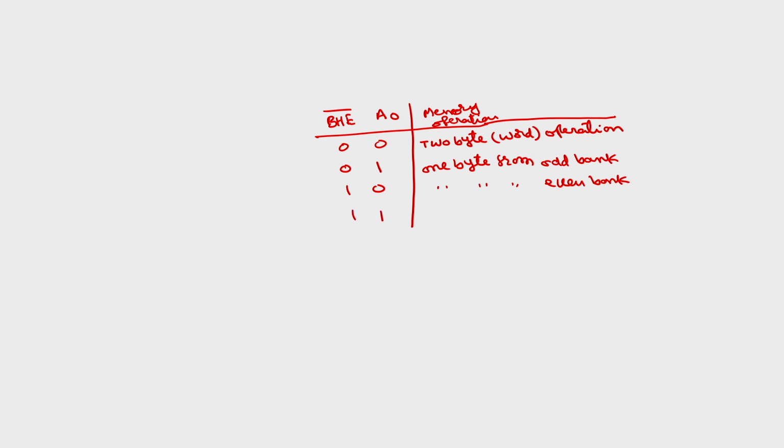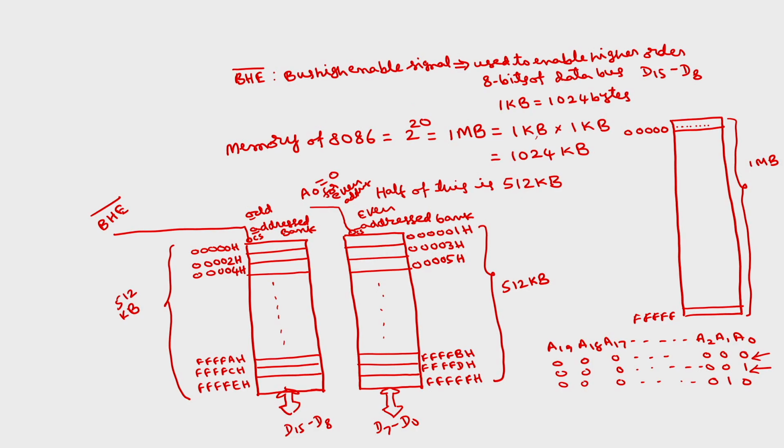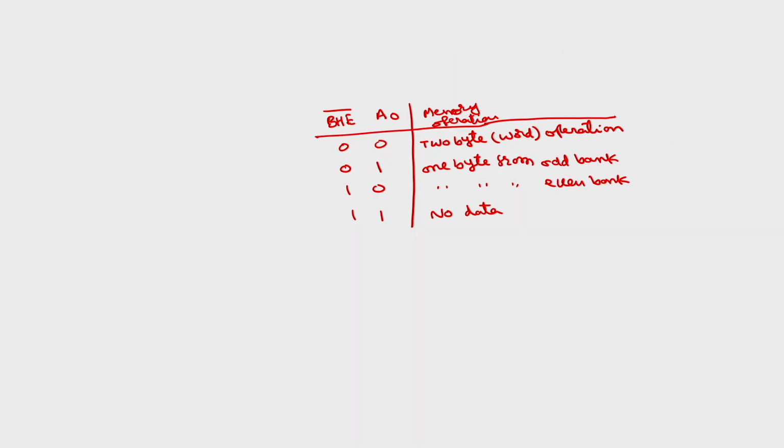Both are ones, none of the chips will be selected, so no data. Entire data bus will not be enabled. So you see here BHE bar is 0, only the odd bank will give data, which is higher order bits, and this will give lower order bits. So if bus enable bar is 0, this will be 1 byte from the odd bank, which will be higher order 8 bits,